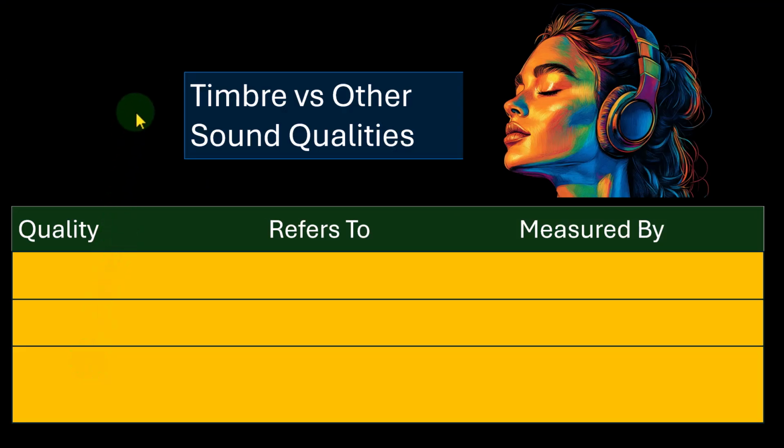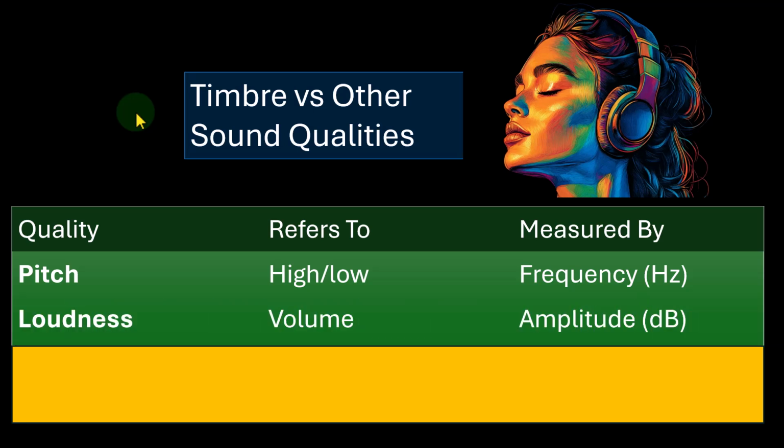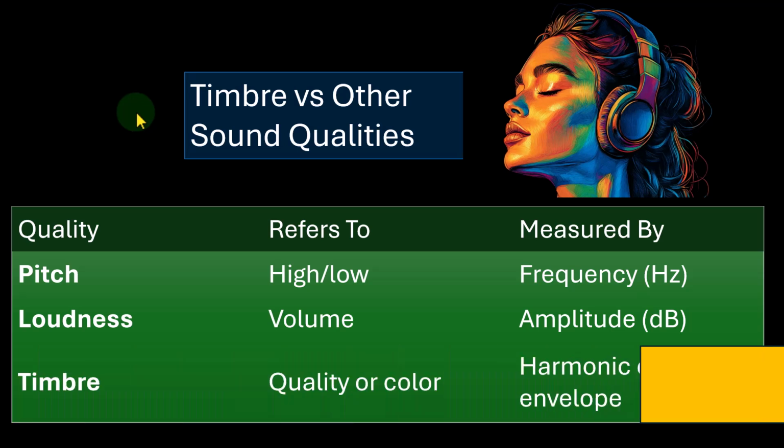So let's give a quick recap of the things that we can play with in our practical playing, and what we can vary within it. Timbre versus other sound qualities. We've got the pitch. Is it high, low? That's going to give us the frequency. In essence, the notes that we're playing are clearly the first thing that comes to mind when you're playing an instrument, and you can vary the notes that you play. The loudness clearly has a big implication, even if you're just playing the same note but you play it louder or softer, possibly faster or slower in tempo. And then we've got the timbre, which is the quality or color, the harmonic content,